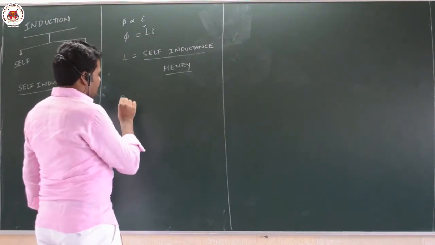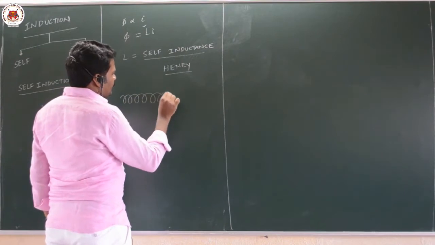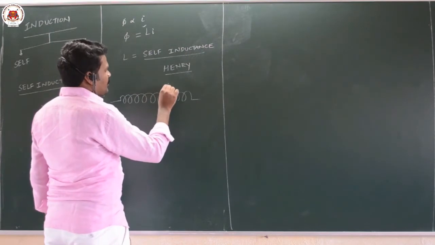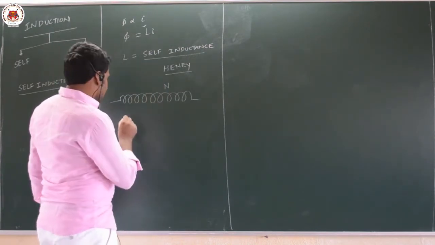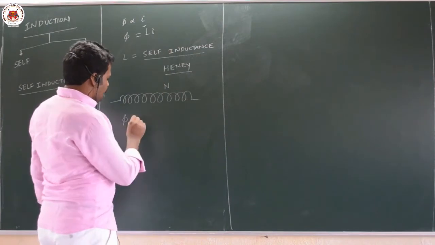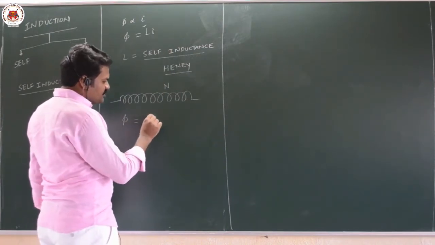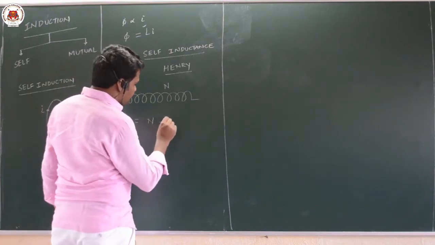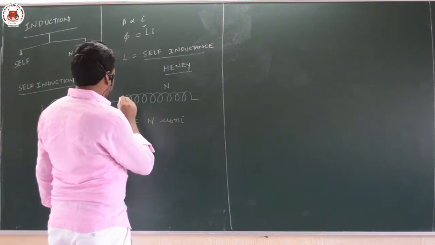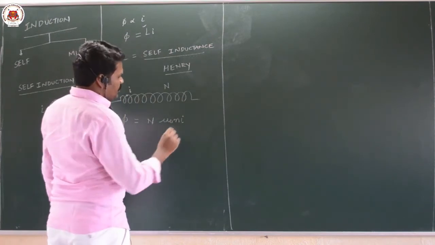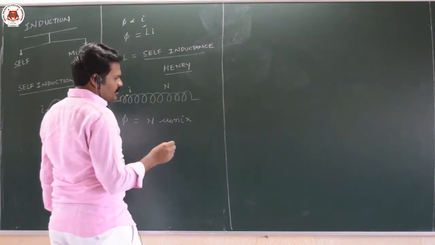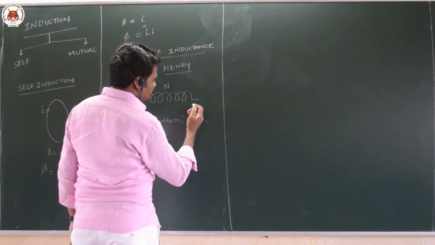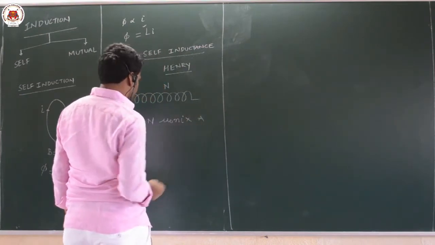Now we can calculate the self-inductance of a solenoid having N number of turns. The flux associated with this solenoid we can calculate first. If it is very long, we can take the magnetic field as mu naught Ni, carrying a current I, into area of the coil pi r square, or you can take this as A only, because in the textbook it has been given as A only.